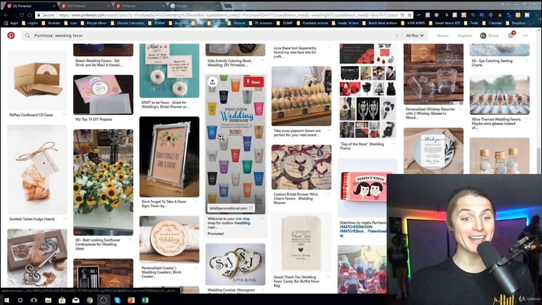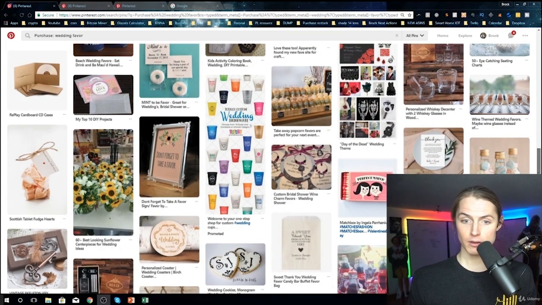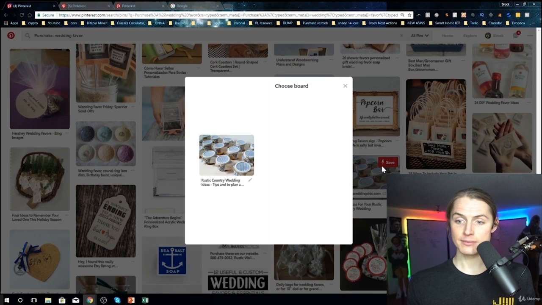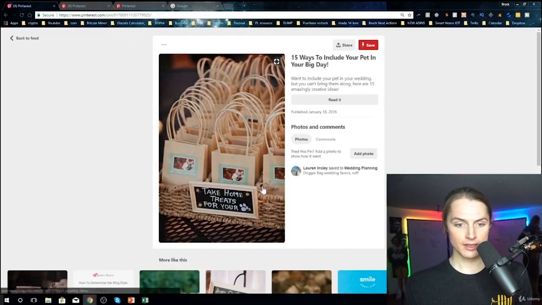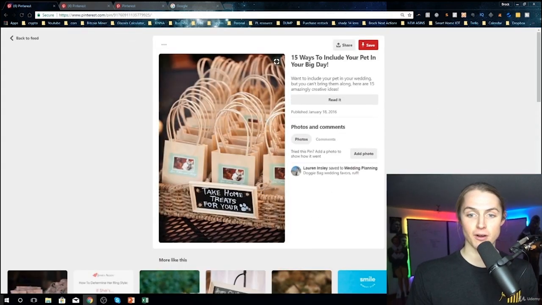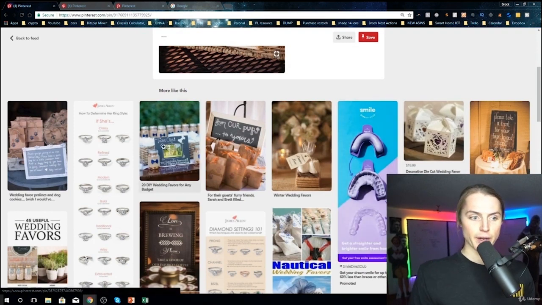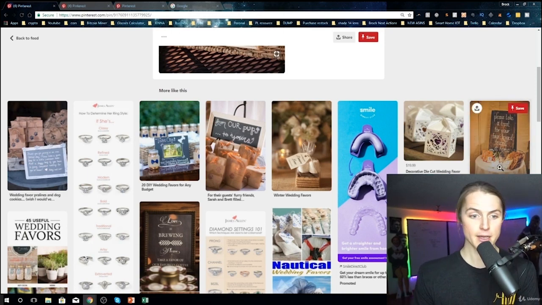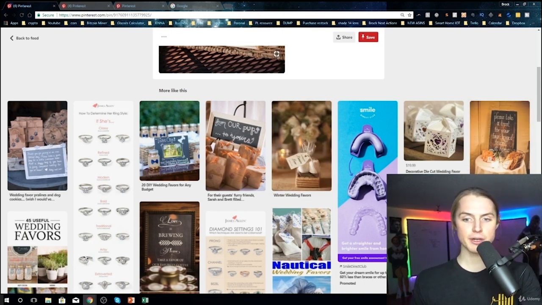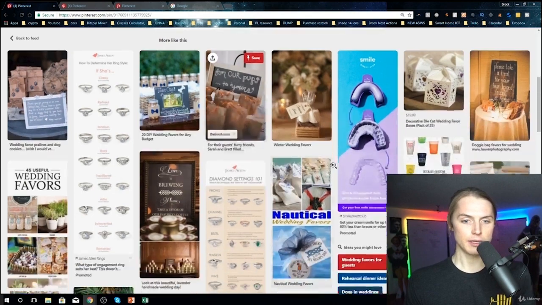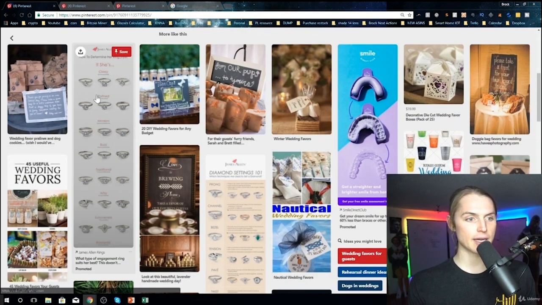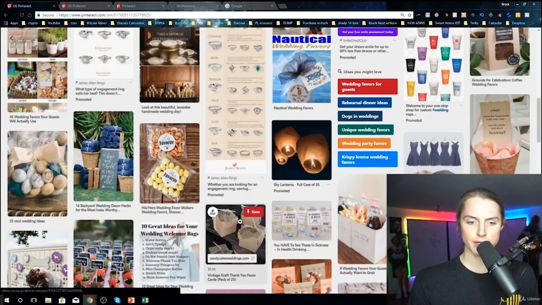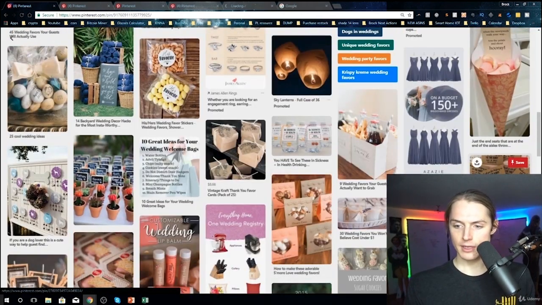So we're looking at wedding favors. So there's just the little gifts that we give to all the guests. What are people doing? Take home treats, something for dog. They like their dog. So what else? So now what we're doing is we're using the visual part of Pinterest, okay? So we're going to all of a sudden start to get these suggestions now. Very interesting. So we could take a look and just gather all these different ideas.